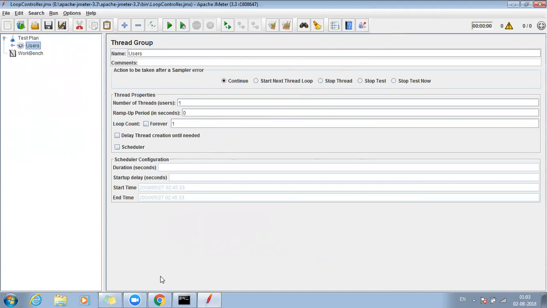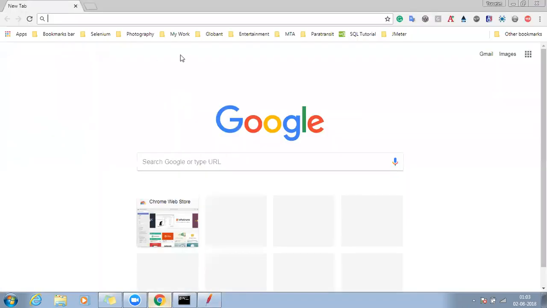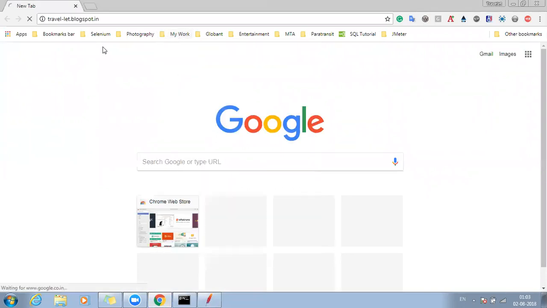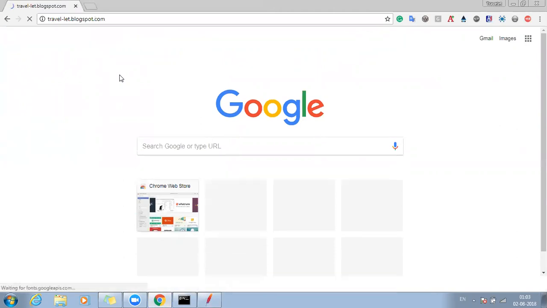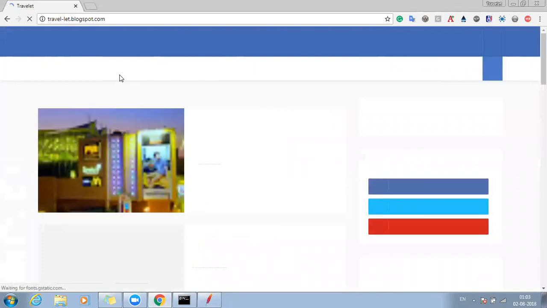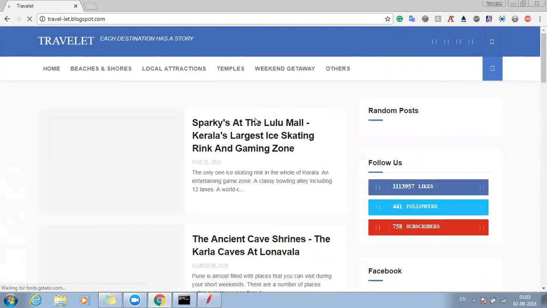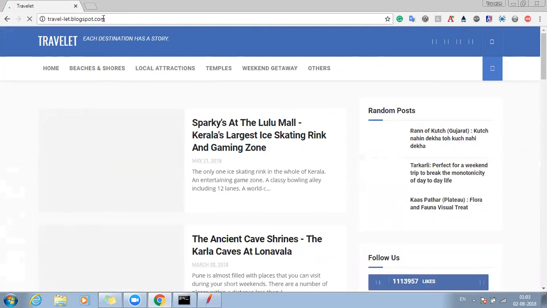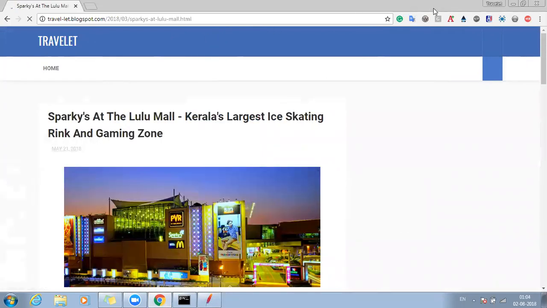Now let us open any blog or any website. So this is a particular blog. What we want to do is hit the main page of the blog once, and then any of the posts on it. So this will be our first HTTP request, which we have just now gotten. And the second one is this, when we click on any post. So to reproduce this scenario,